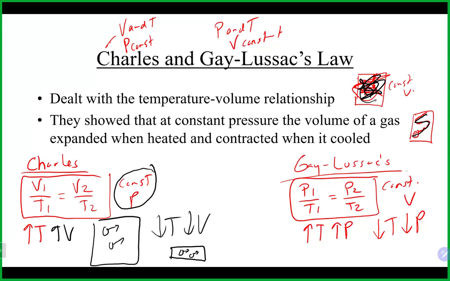Because in Gay-Lussac's situation, there is constant volume, there is no volume adjustment there. We get the pressure going up or down depending on what you do, either you increase the temperature or lower the temperature. First off, any questions on those relationships there? Okay.